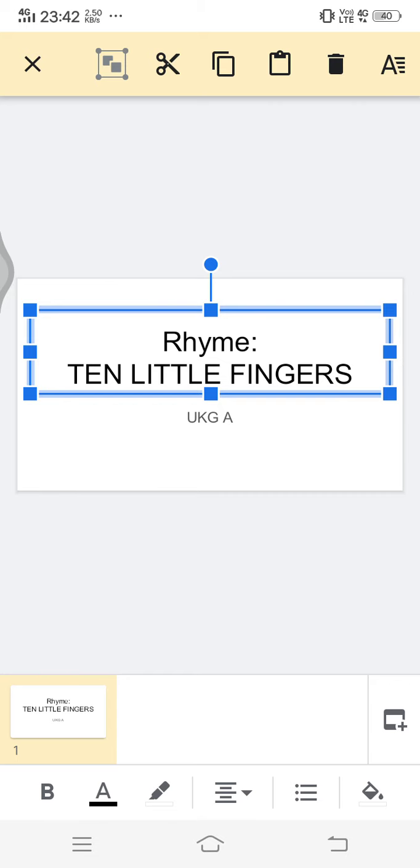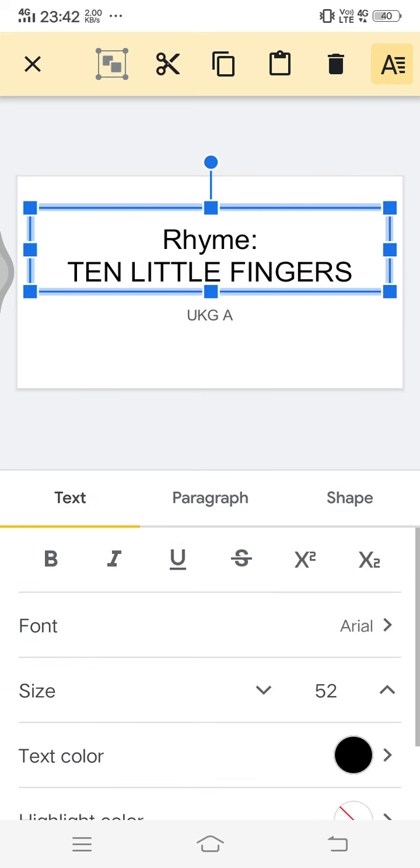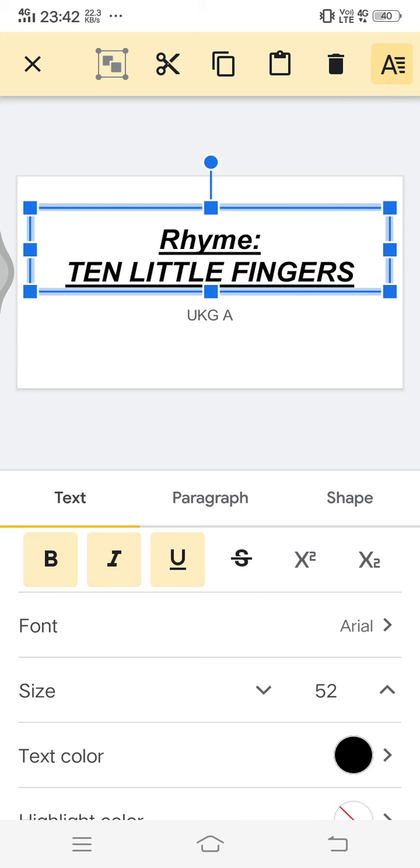Now the A tool with the 4 dashes, that is the most important tool now. So I'm going to press that, and you see we get 3 options. So first let's look at text. Now what we are dealing with is text. So what all can I do with my text? I can make it bold, I can make it italic, I can underline it, I can strike through. But strike through you're not going to use unless you're differentiating between something that is right and wrong.